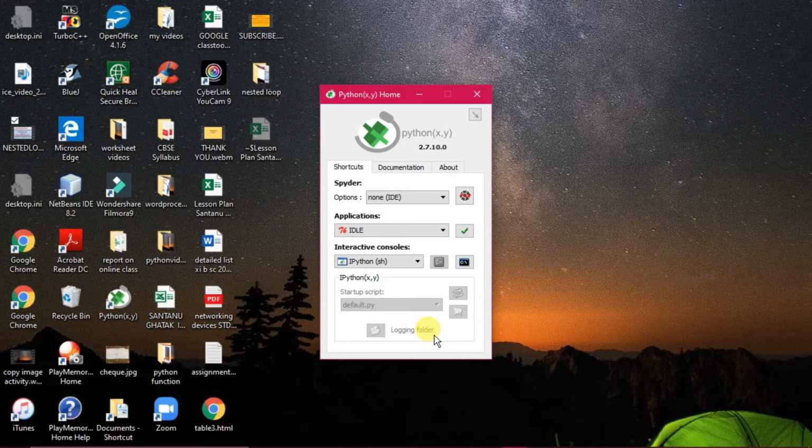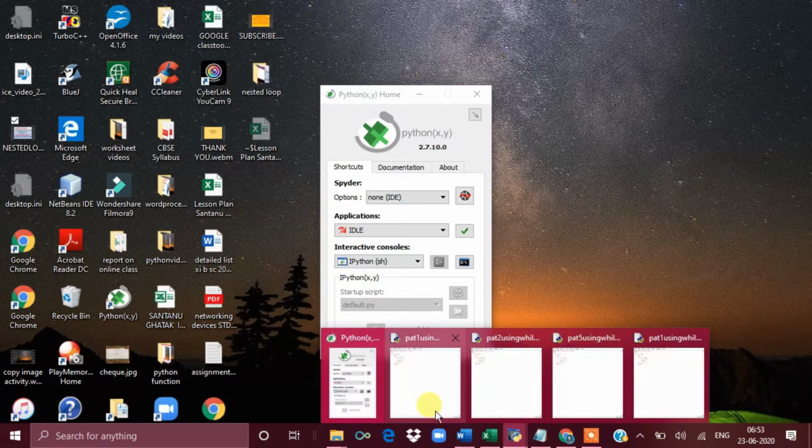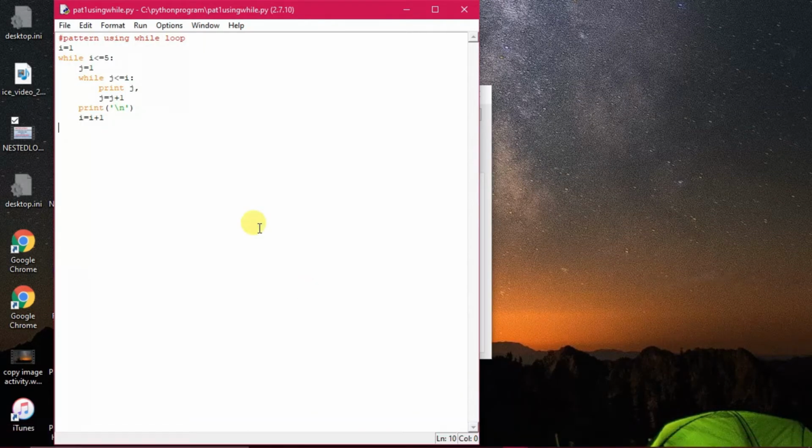So we have to discuss now the practical activity, that is the nesting of while loop. A few programs are here for you. You can see here how this is quite easy to understand as compared to for. This is the initialization, and I is less than or equal to 5, which means the loop will be rotating 5 times.